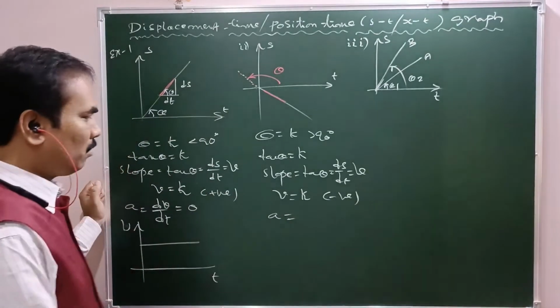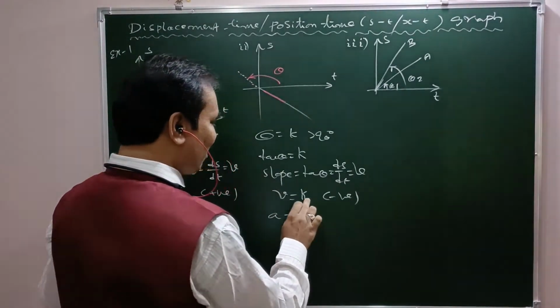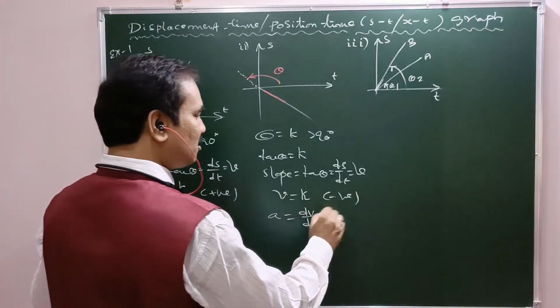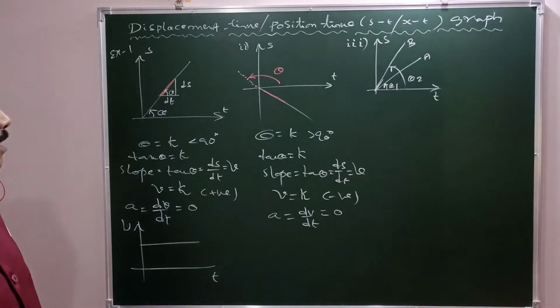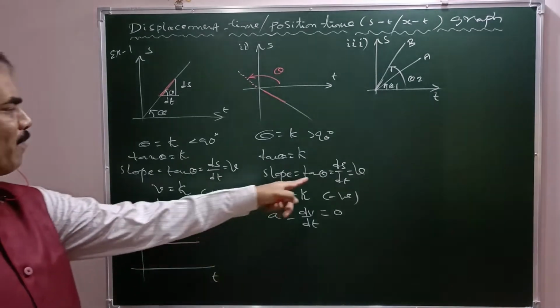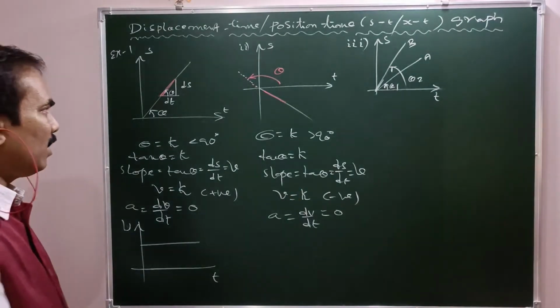Alright. Next, what about acceleration here? Acceleration equals change in velocity by time, dv by dt. As velocity is constant, change in velocity is 0. 0 by something, that is 0. Here also 0. Am I right? Now say slope is negative, that is velocity is negative but constant. So what about